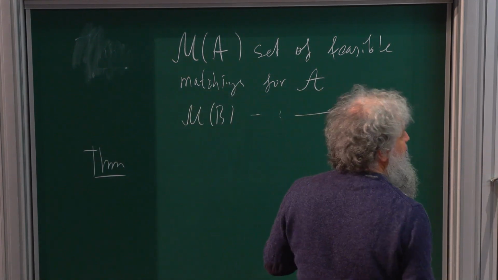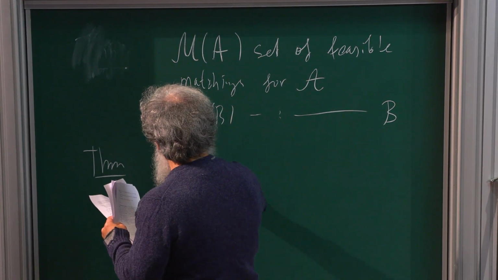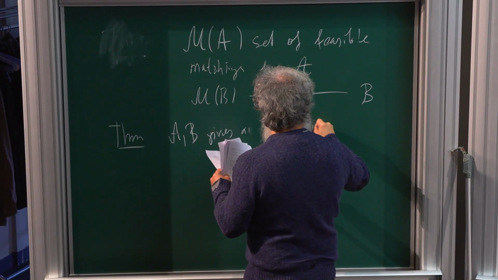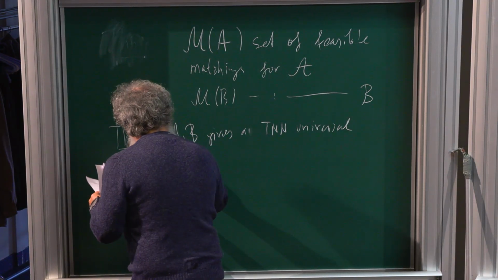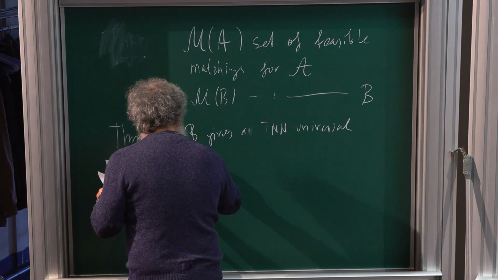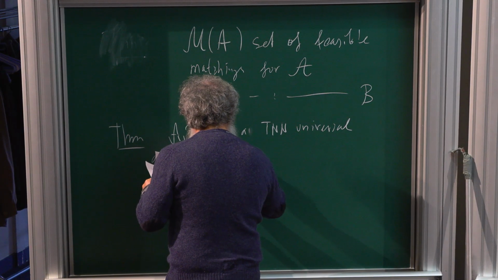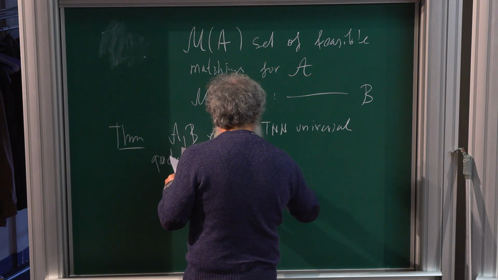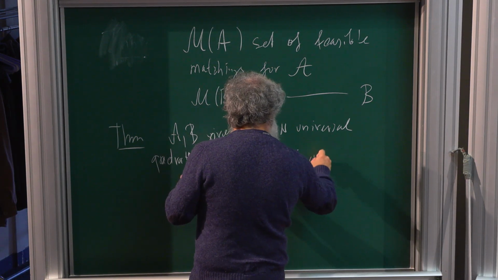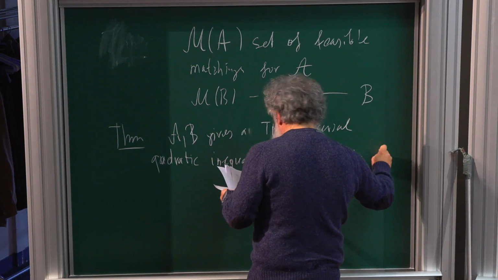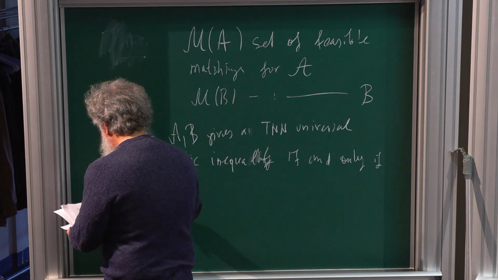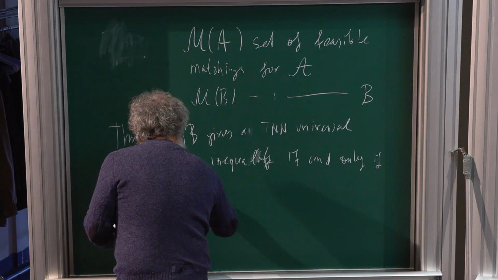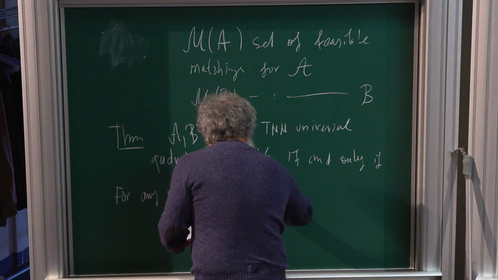This pair of A and B gives a totally non-negative universal quadratic inequality if and only if for any matching M in M of B,